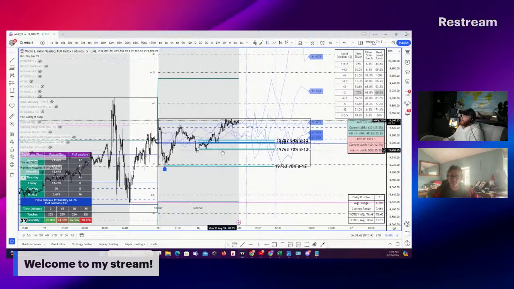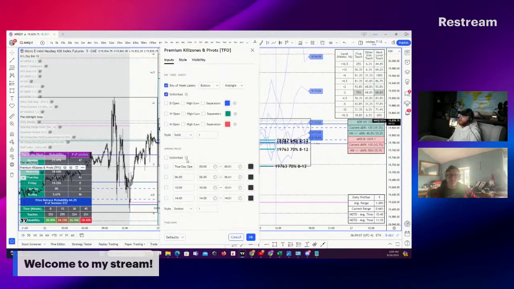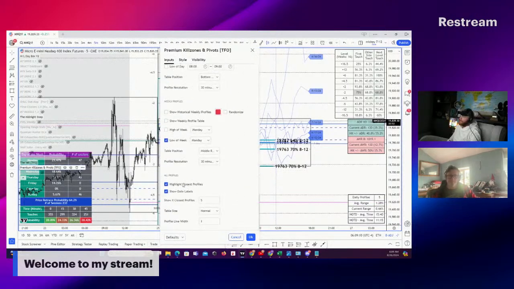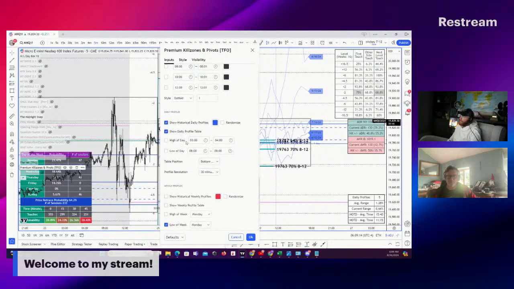Okay, so we look at this, right? I just did 1800 to 1830, and we'll feed in the projections off of this fixed range right here. And what has price done is come down and touch the -2. And then now I've got this daily profile up by TFO, who's a good friend of mine, and we don't need to see the weekly profiles. We're going to look at the daily profiles and say that the low of the day,